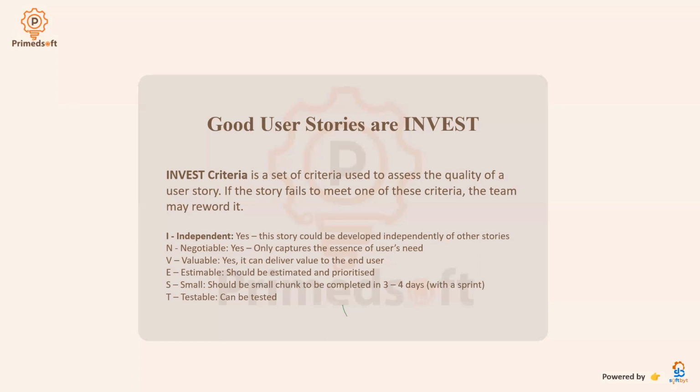So we use the INVEST criteria to ensure that we bring this story to the smallest part, and they are all independent of the other. They can be done independently. That's it about INVEST criteria. And as you start writing, you need to start making reference to this. Does my story respect or meet the INVEST criteria? If it doesn't, you may have to look into it. All right. So